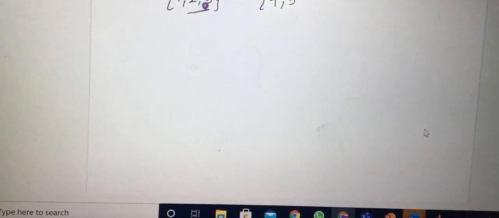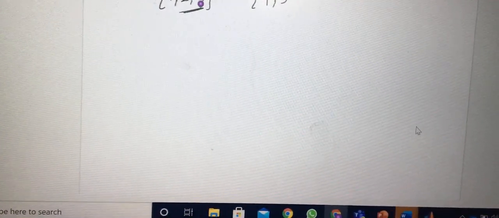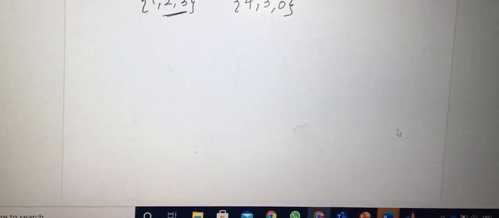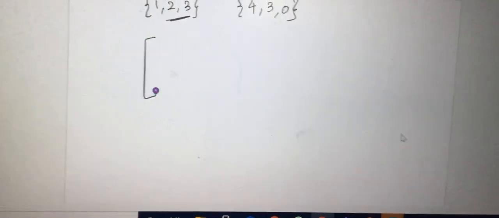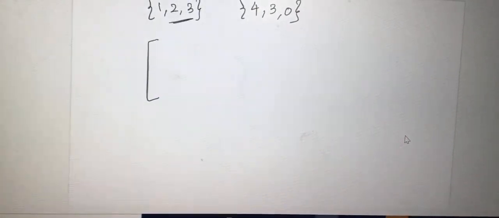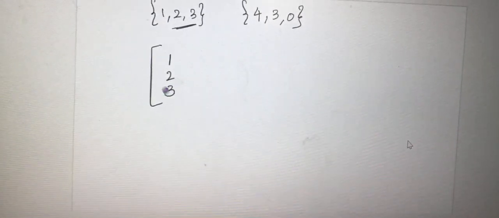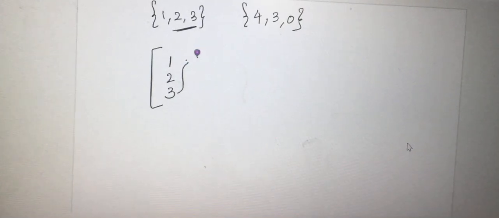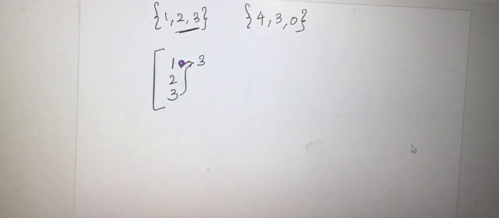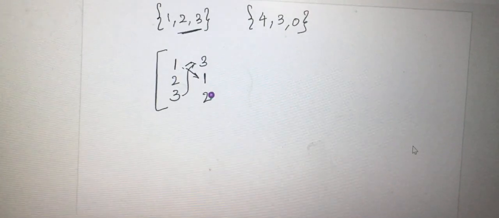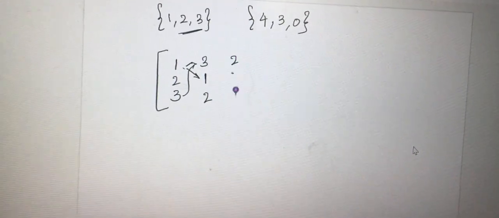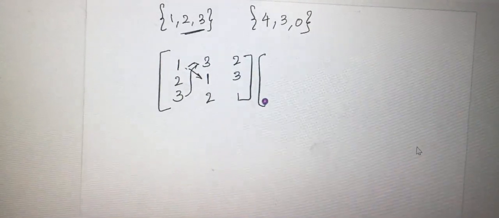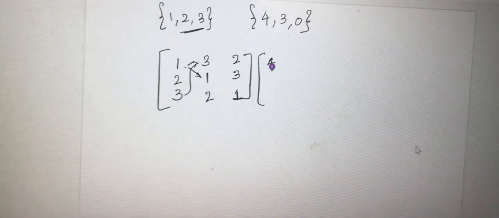In order to make both the same length, you have to pad 0. The total length of the sequence is 3, so adding a 0 over here. Here I am solving it using the matrix method. Consider the first sequence, writing it as a matrix: 1, 2, 3. Next, 3 should come on top, then writing 1 down: 3, 1, 2. Again 2 should come up: 2, 3, 1. This is multiplied with the second sequence 4, 3, 0.